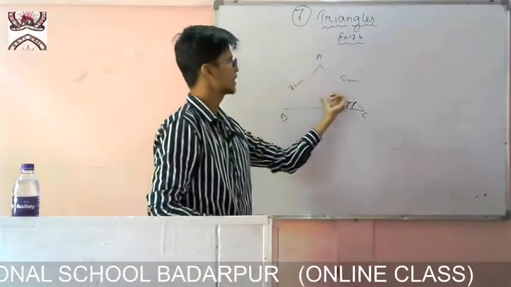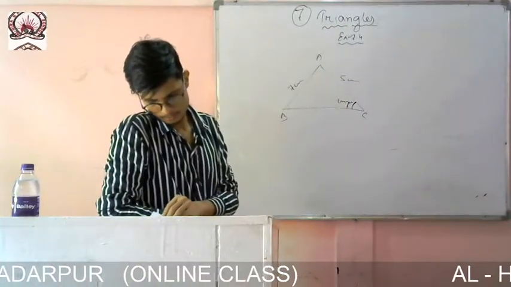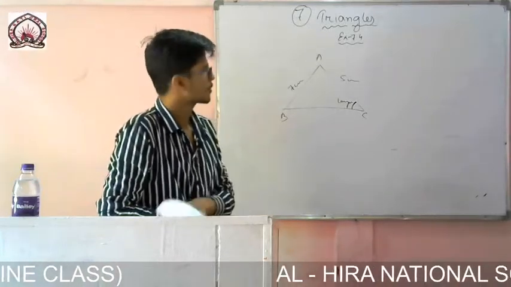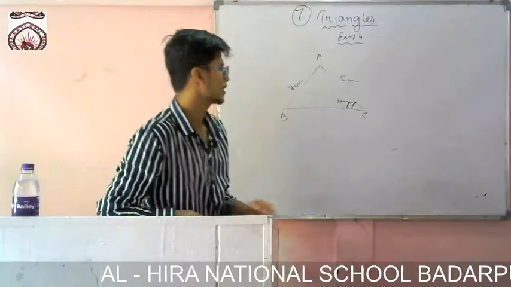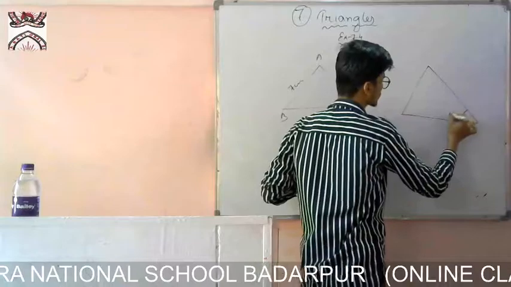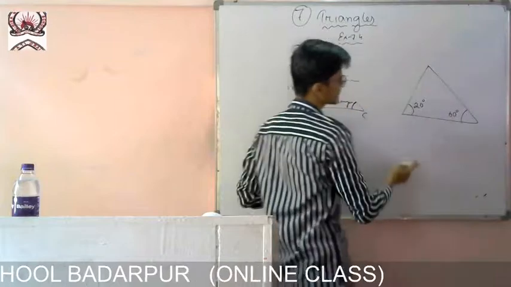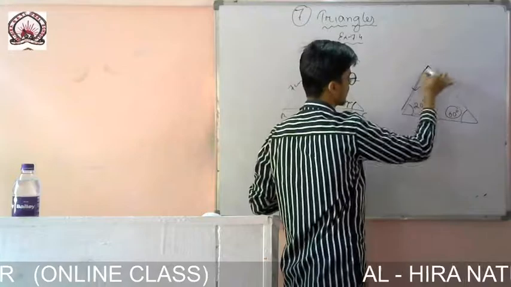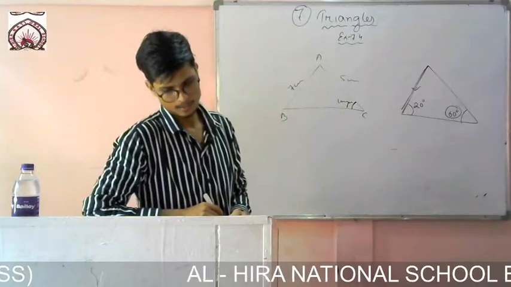Angle opposite to the larger side is the larger angle. Or conversely you can say it like this, that the side opposite to the larger angle is longer. In the same way, in another triangle, if one angle is given as 60 degree and another as 20 degree, always remember the side opposite to the greater angle will be longer.